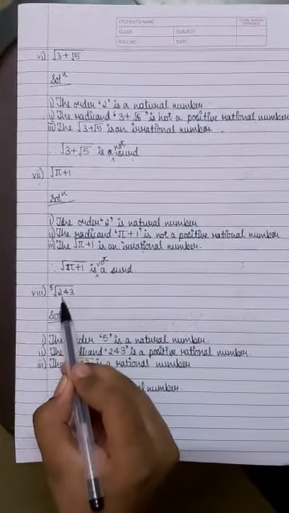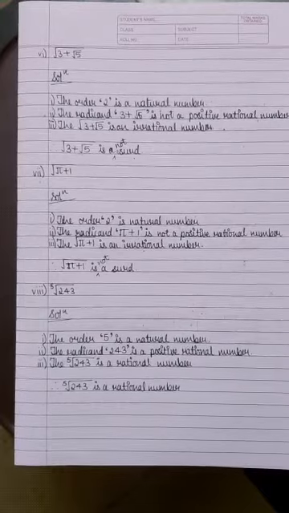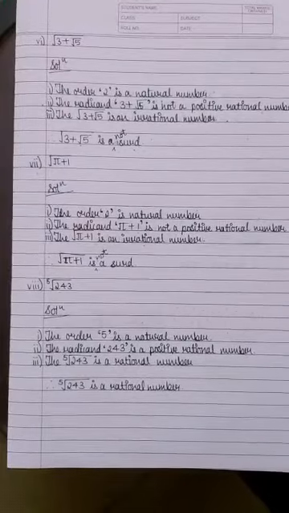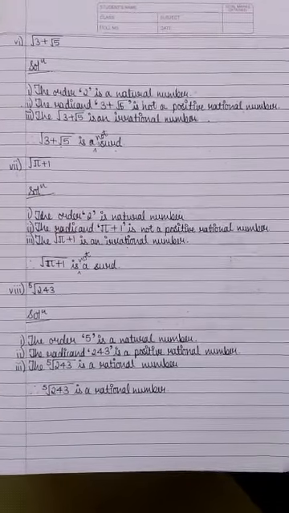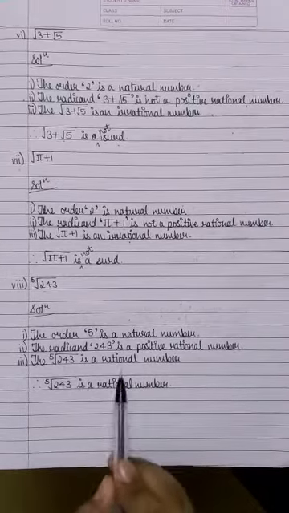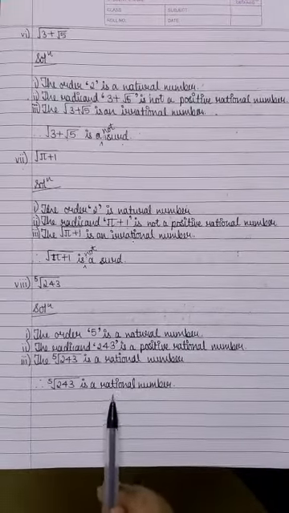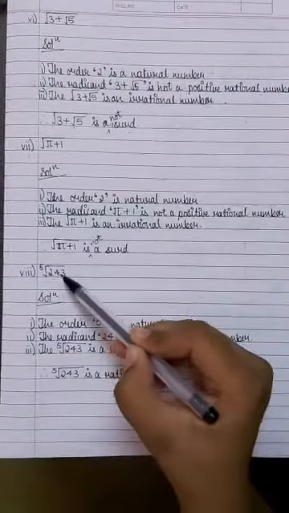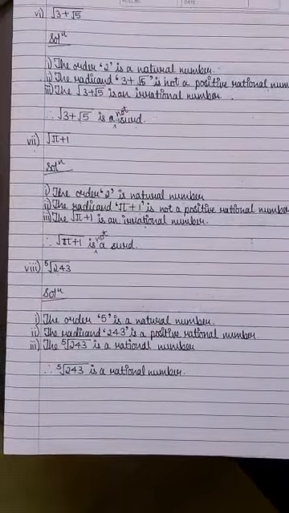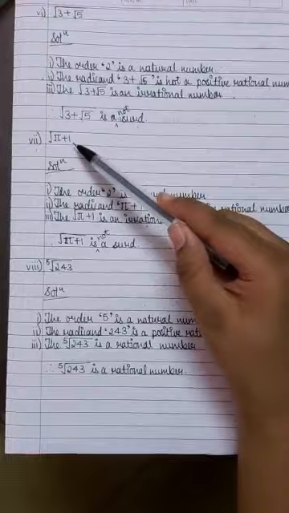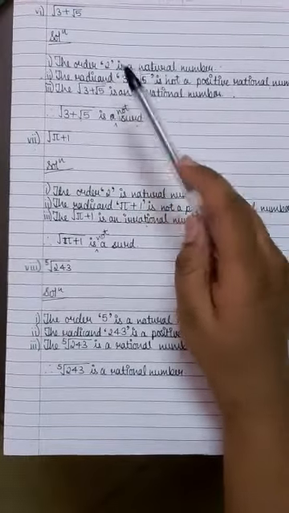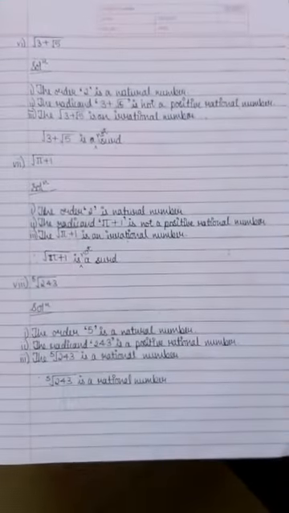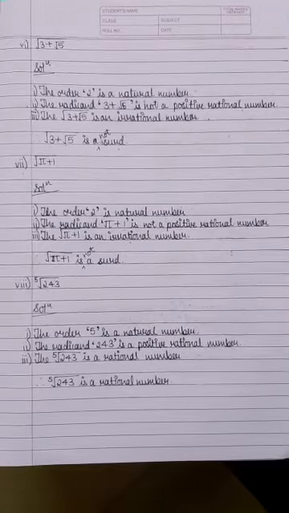Now we take fifth root of 243. Okay, so we can directly write that the fifth root of 243 is a rational number. If you want, you can calculate and write down what it is, but for your information, I'm telling you it's a rational number. This answer will be accepted here, because when we take the fifth root of this number, it's going to give us 3. But if it's a case like pi plus 1 or 3 plus root 5, we can't write it's a rational number, because we won't get a rational number when we calculate the roots of these numbers. So let's move on to the next question.